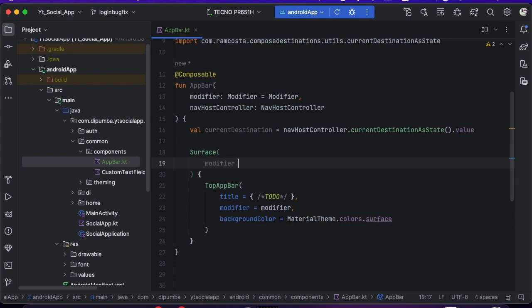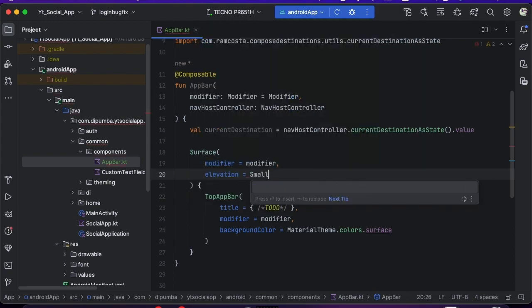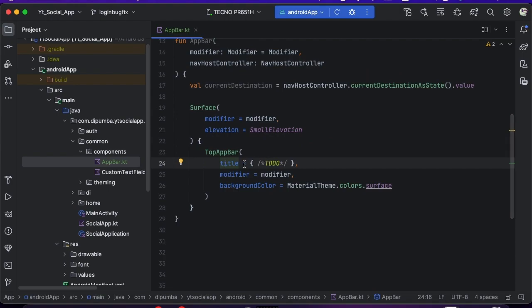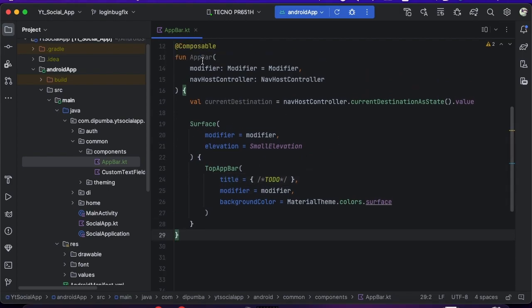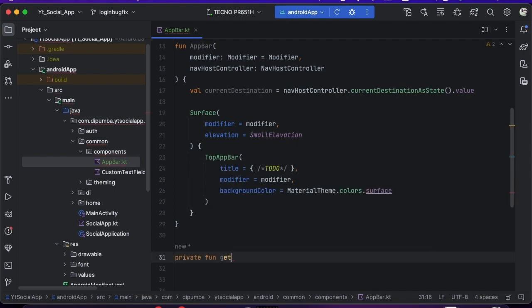So for the surface I will also pass the modifier, and I will need an elevation, and for that we'll be using small elevation. Great. Now for the title, we need a way to change the title depending on the currently displayed screen. For that, below this composable function, I need to create one more helper function that I will name get app bar